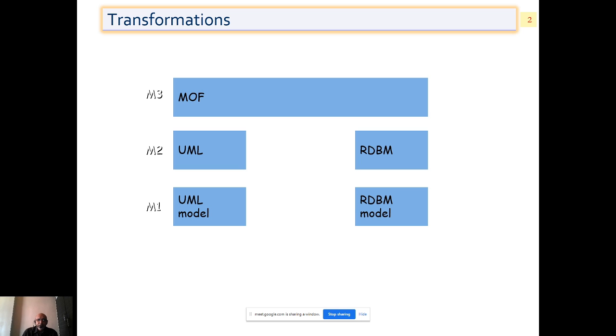M3 is the MOF layer, M2 is the UML layer with the RDBMS support, and the UML model exists at the M1 layer, that is the use case diagrams drawn by you or the sequence diagrams drawn by you are standing at the terminal model level or UML model level, that is being done with the RDBMS model. So you have to define the transformation. This is called horizontal transformation,